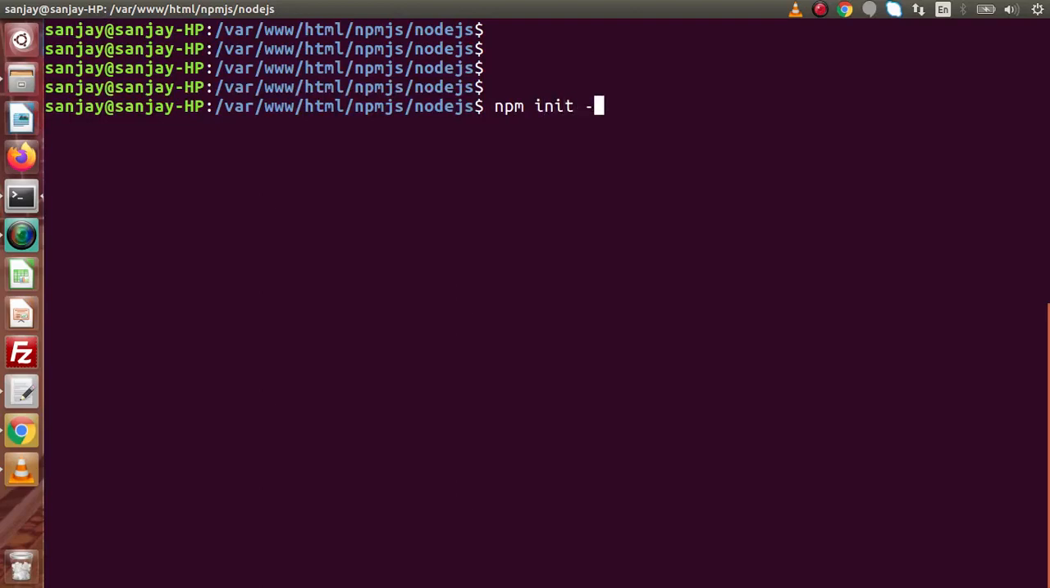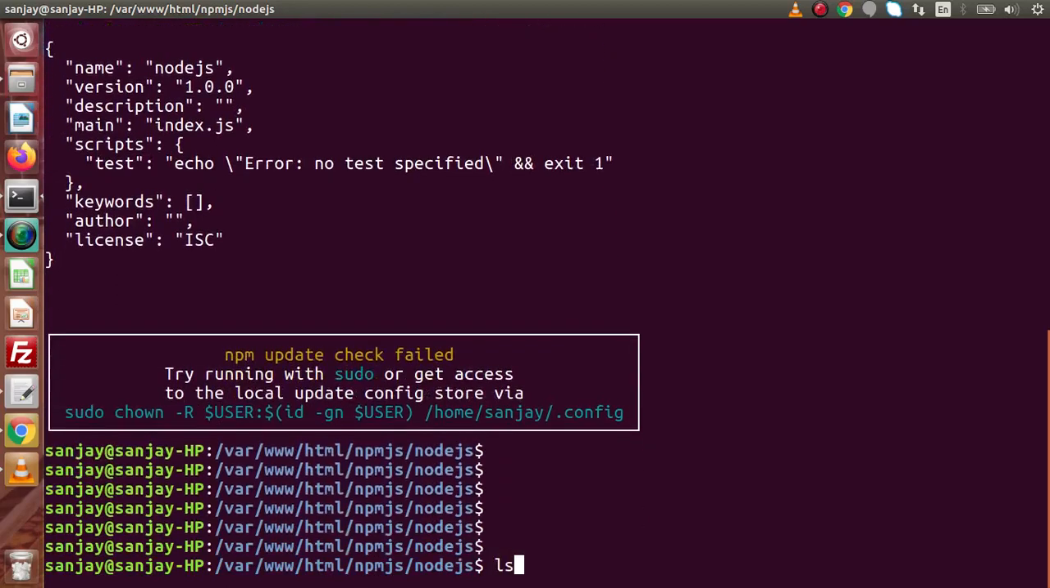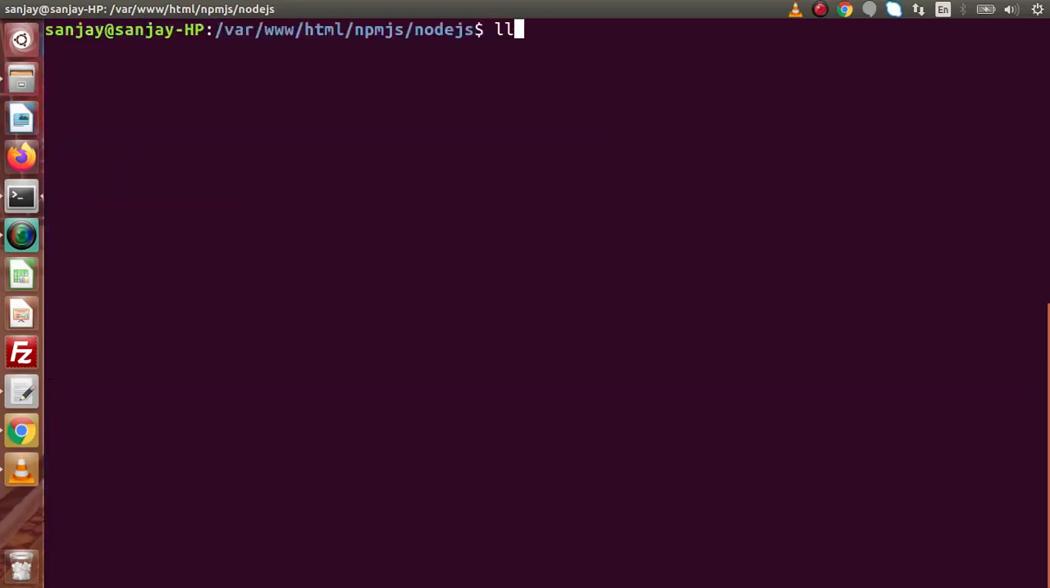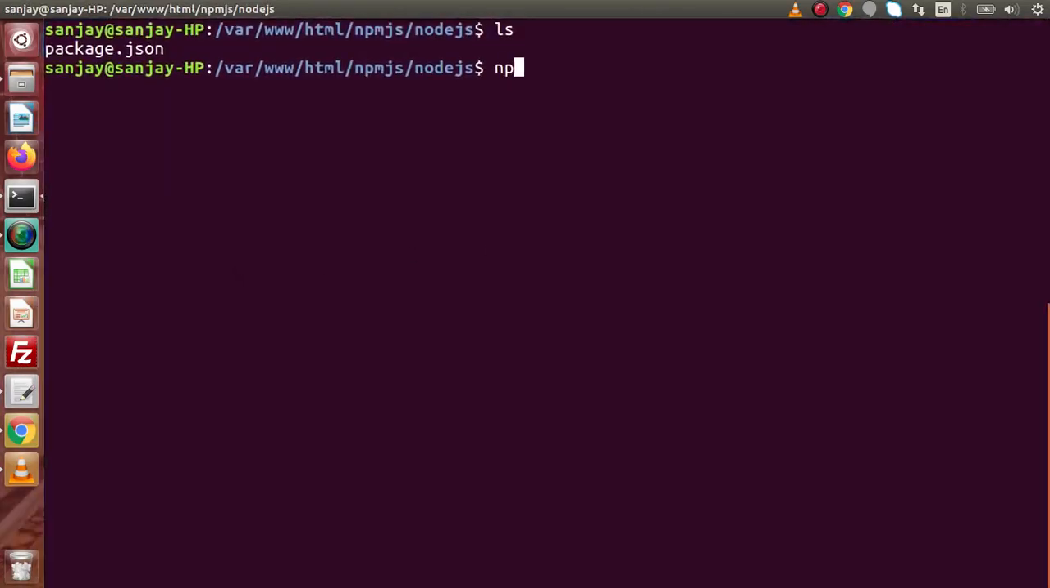So npm init -y to automatically generate the default package.json file, and successfully we have created that. If I press ls, this is the listing of files, and we now have the first file inside that. If we want to use our npm package that we have published, we simply need to copy this command, go here and say npm install, and this is our package. Now if I press enter,